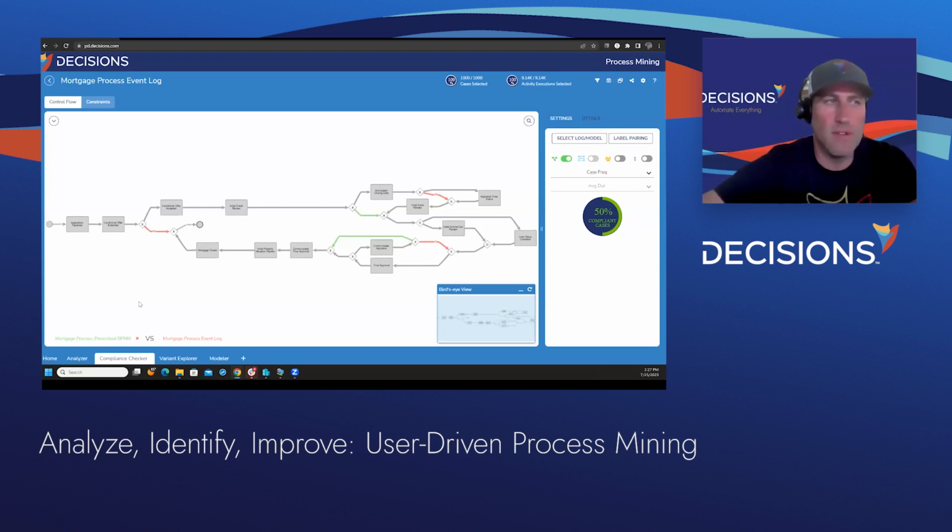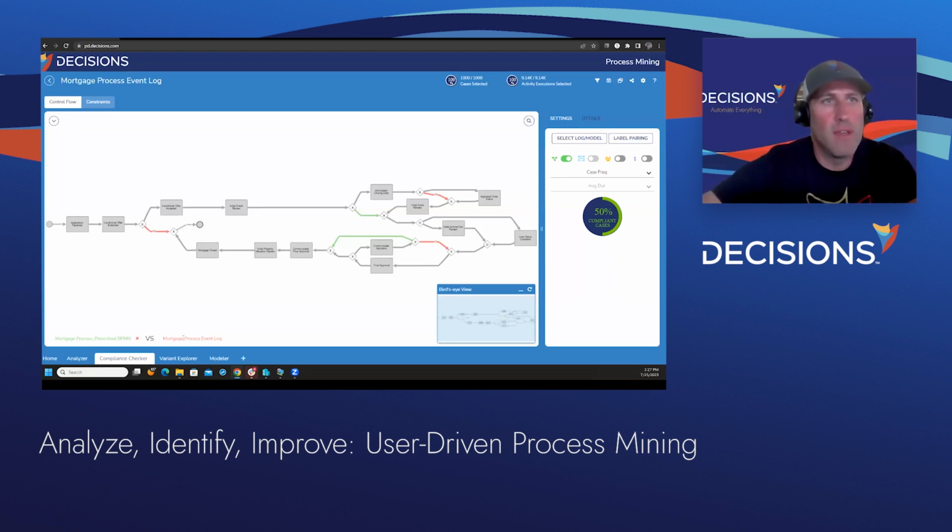Here we can see a little bit more of an abstract workflow, because what we're doing is comparing the model that I previously showed you to an event log that came from an external system. Do we always have to look at an event log from an external system? No, of course not.